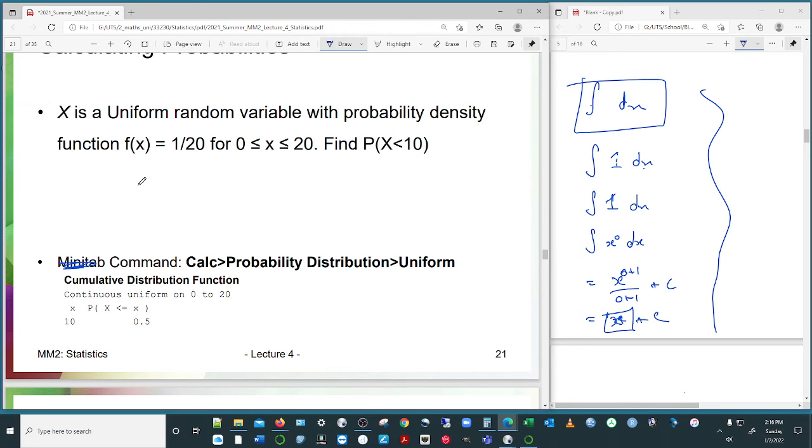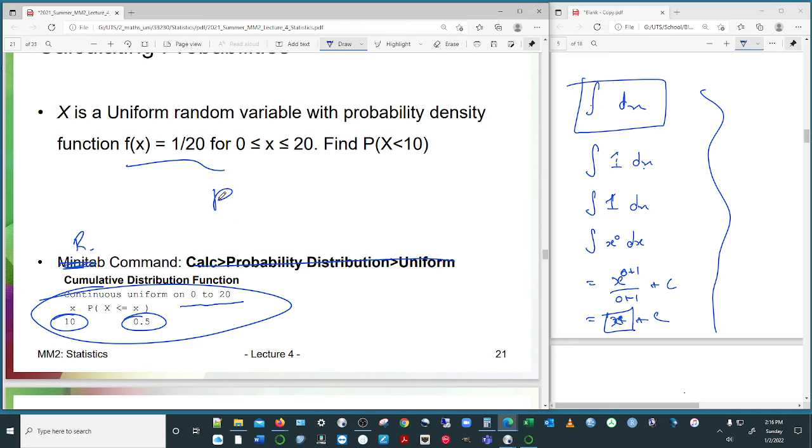So the function here is the one that we looked at before. We could compute it. More likely, we look it up off a chart. So if it's not a Minitab, it's an R, and we look it up. So what this is saying is we can go through and say, okay, continuously uniform from 0 to 20. When x is 10, the probability is 0.5. So it represents this. And notice it doesn't matter because it's a continuous variable. Our function value at 10, if you want to look at it through the function idea, is 0.5. Okay, so it's fairly straightforward.